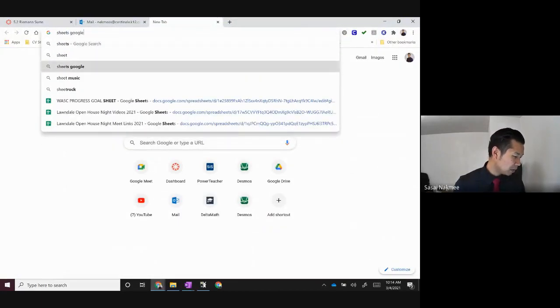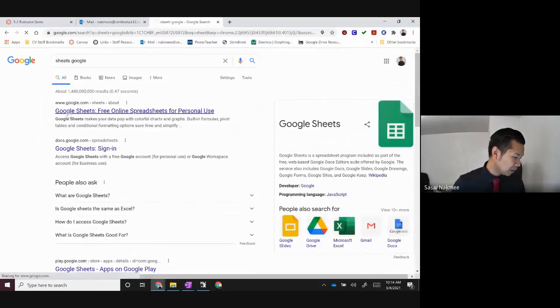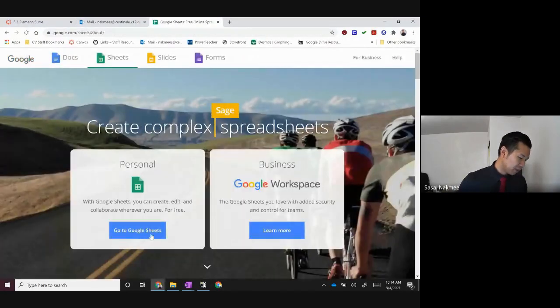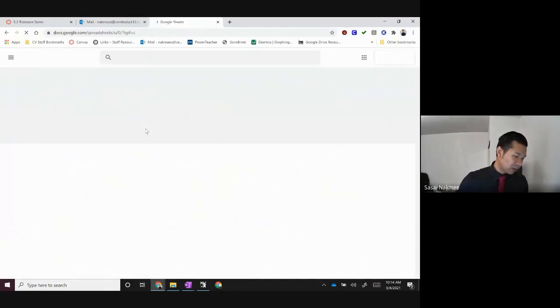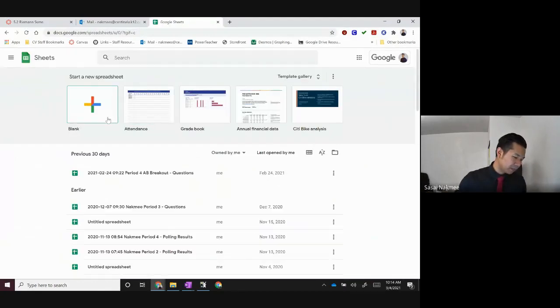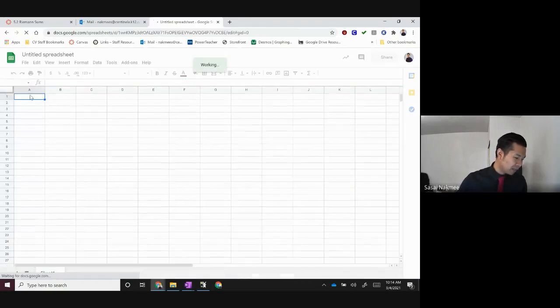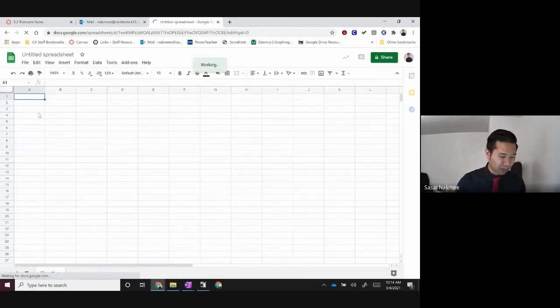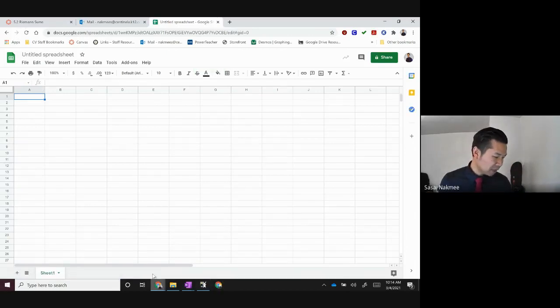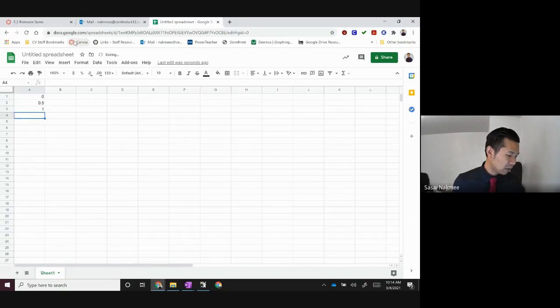Google Sheets. Let me open up a blank one for you so I can show you. It works the same way, except, well, you'll see. L1 would just be like your A column right here. So you would type in the numbers that we have over here. Let's just make this up real quick. I'm just going to cheat here. So let's say 0, 0.5, 1, 1.5, 2, 2.5. This is when we were doing the left RAM, right?